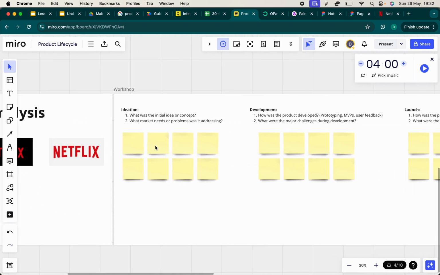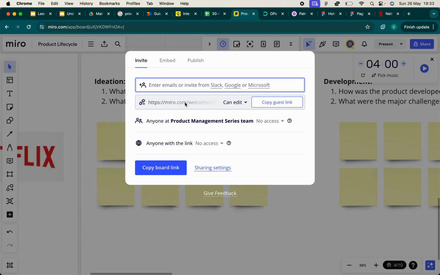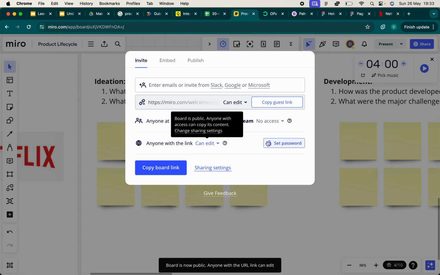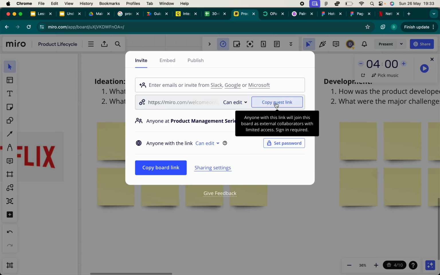So let's begin. Let me share a link. For those of you that have created a Miro account, you can come in. Yeah, you can edit, but please don't delete anything.